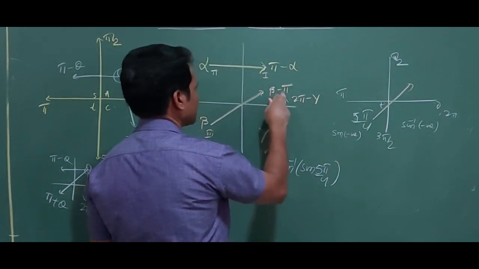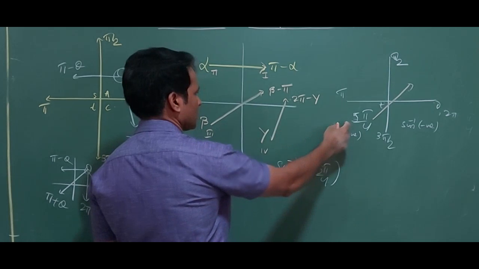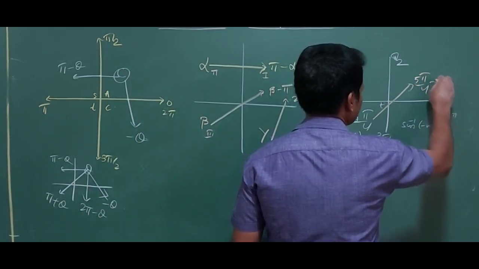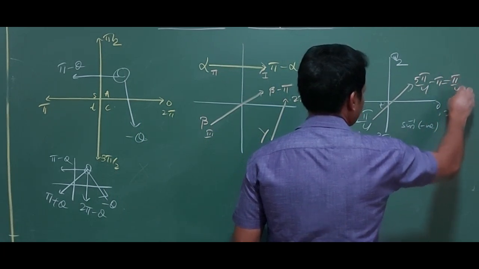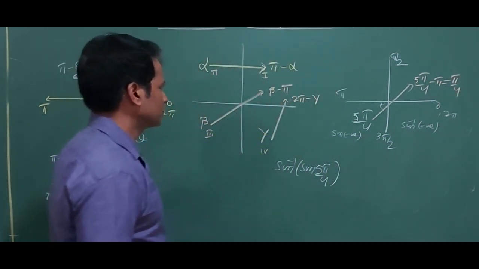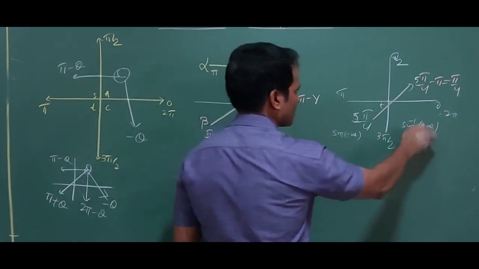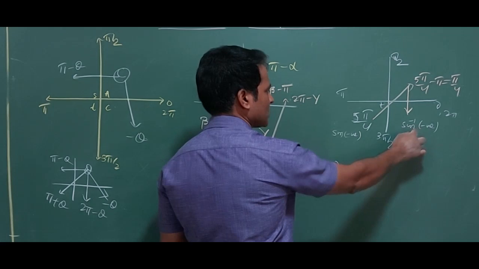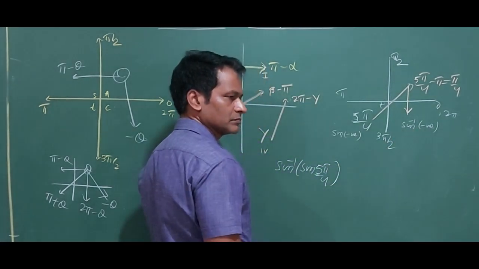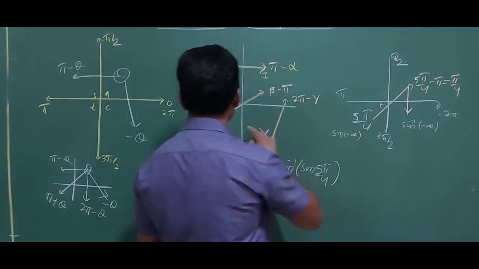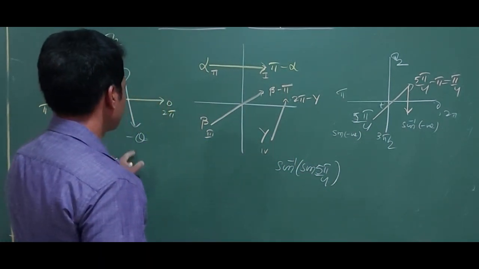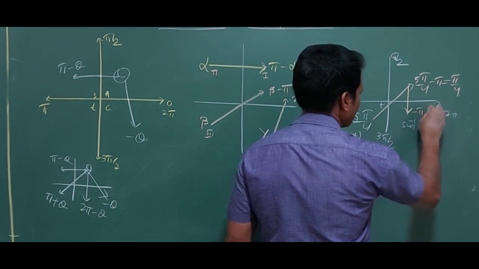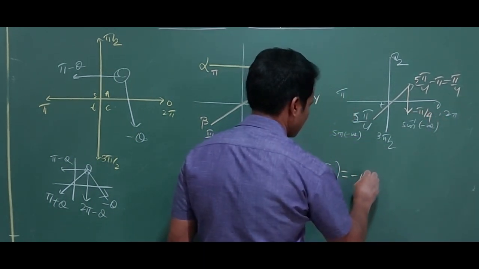That's the value, beta minus pi. This is beta, so pi by 4 is beta. Pi by 4 minus pi, which gives pi by 4. Then I have to come to which quadrant? Because I have to come down here. Why am I coming here? Because sin is negative here, and I have to calculate the value negative here. Inverse negative, so what is that condition? Minus theta. You see, inverse negative. So pi by 4 comes here as minus pi by 4. So that's the answer, minus pi by 4.